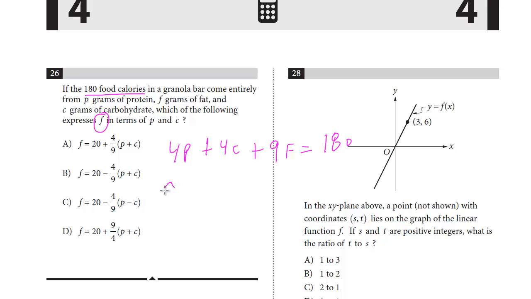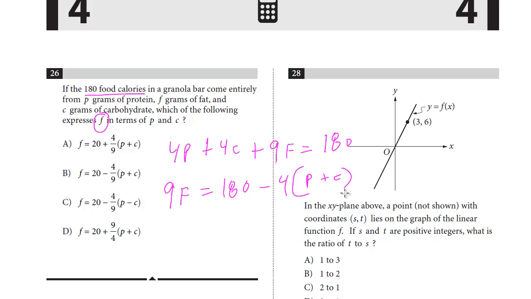And so what we're going to do is just isolate F. So that's going to be 180 minus 4. Have you noticed too, you see how these are grouped together? You could do minus 4P minus 4C, but I always glance at the answers to save a little bit of time. These are both 4, so it's the same thing as 4 times P